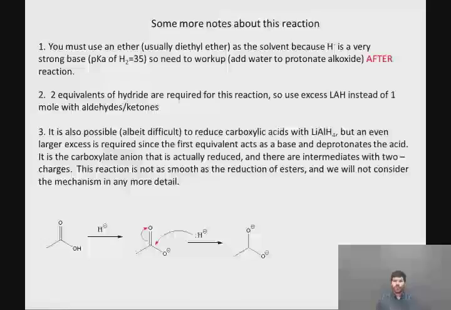The take-home message from this video is that lithium aluminum hydride will reduce esters. It will reduce them by 4 electrons all the way down to the primary alcohol, and that this reaction needs to be carried out in an aprotic solvent, namely ether, followed by an aqueous